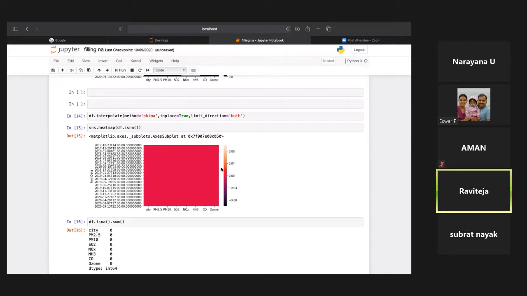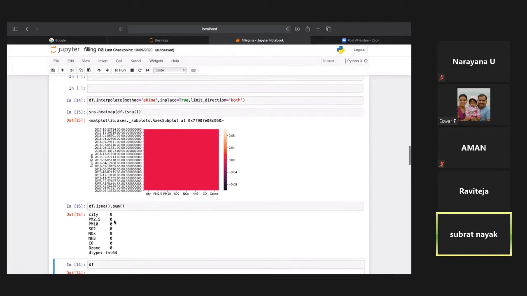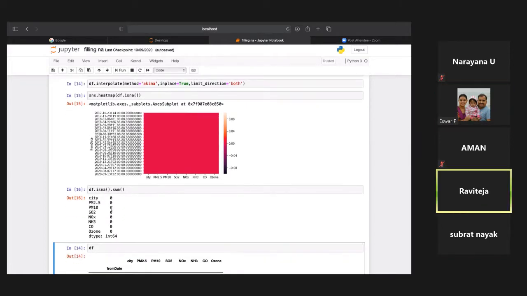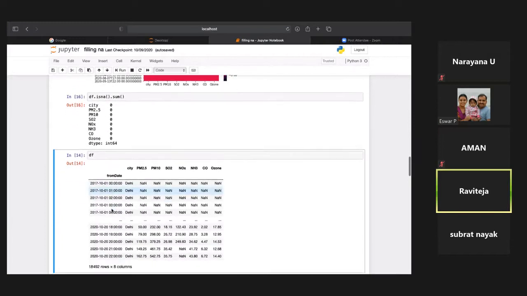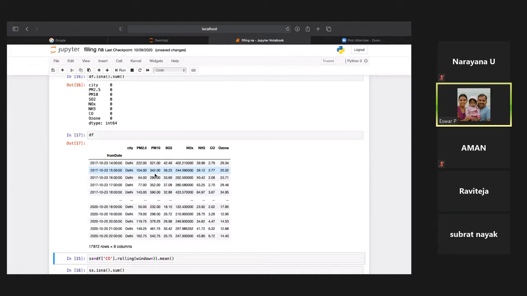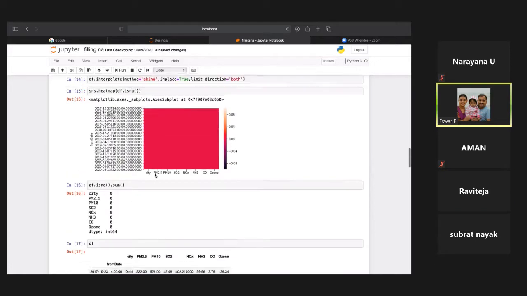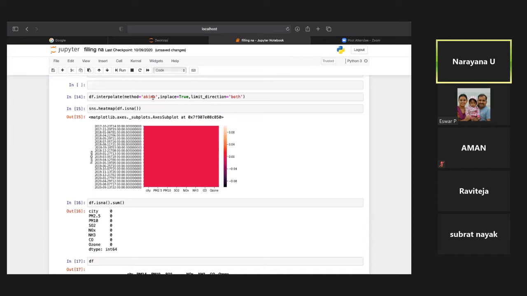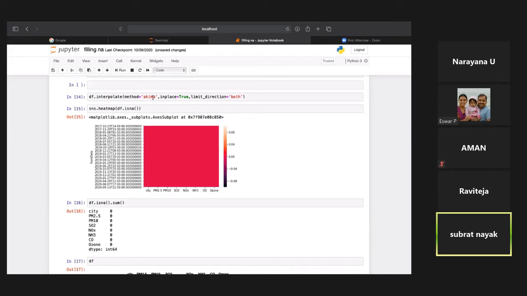Subrat, can you please scroll down more? Yes, sir. Sir, maybe after filling up the first and last row, it is still getting zero null values. Here, the 14th one. Go up. We can still see it, and you did not run it previously. So which method have you used? Sir, Akima. Then it is good. Where did you get a problem in between null values? We just need the first row and last row to be complete. That is what I am also telling.